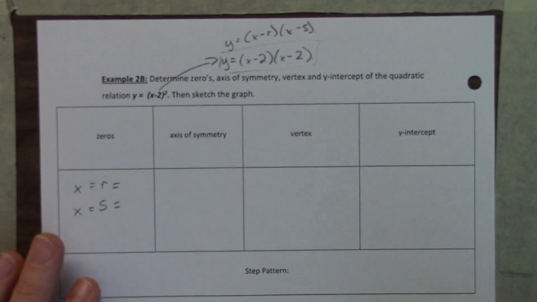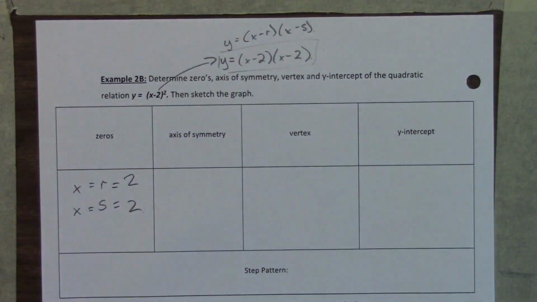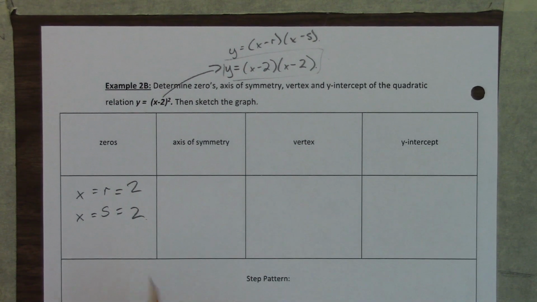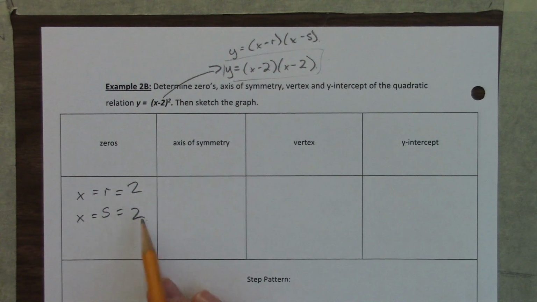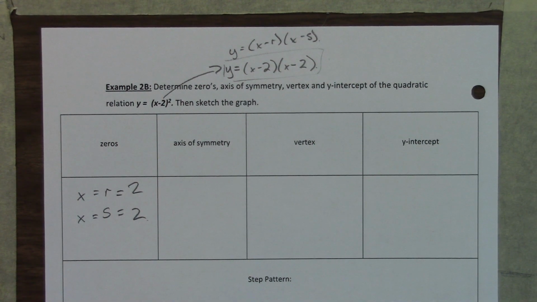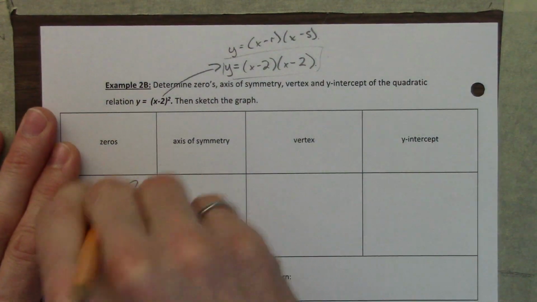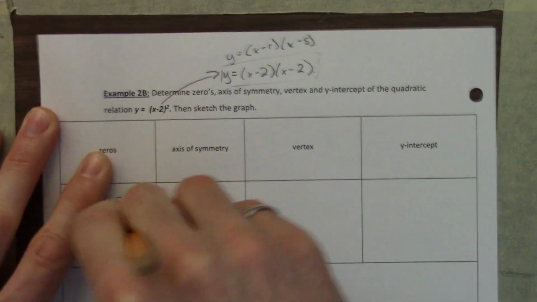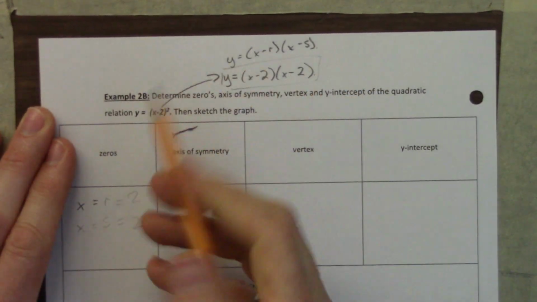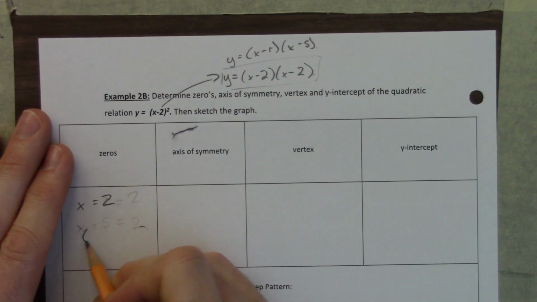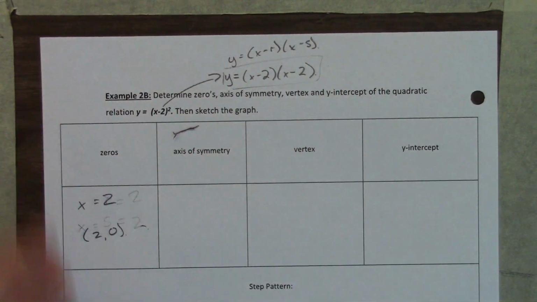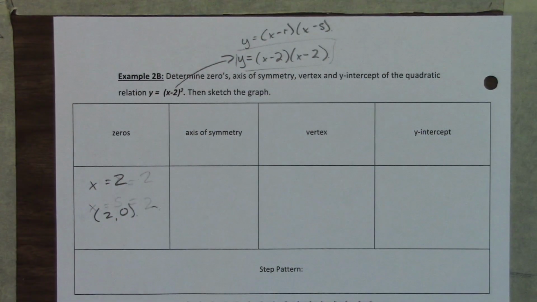Milkius, what are they? Yeah, just 2 and 2. Oh, I didn't see the top part. My fault. Come on, guys. In this case, is there 2 x-intercepts or 1 x-intercept? Who said 2? There's only 1, right? It's x equals 2. So my zeros are just x equals 2, right? Or if you want to think of it in point form, it's 2, 0. My axis of symmetry then is,